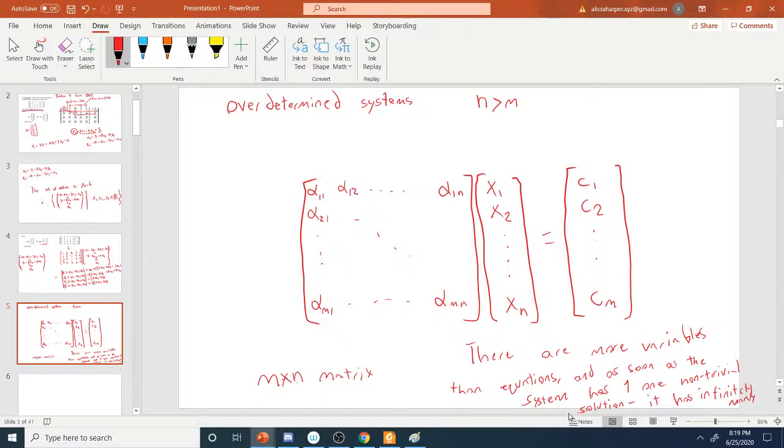So here's roughly why this is true. If this was the matrix A, and this was the vector of variables x, and we were setting it Ax is equal to c,